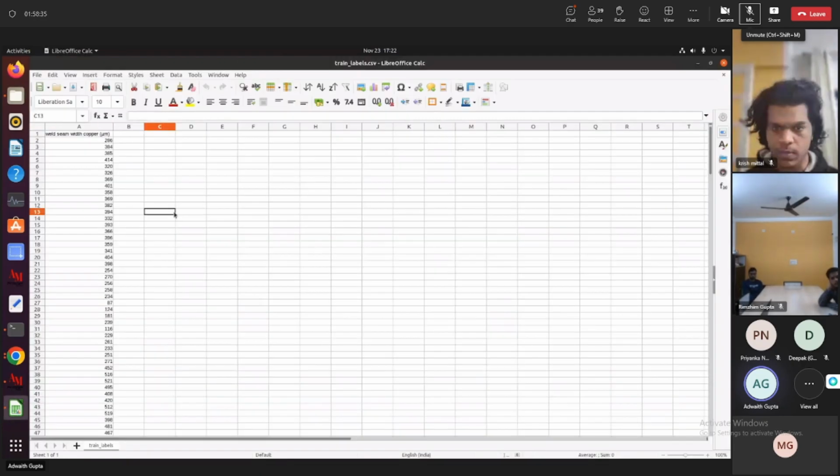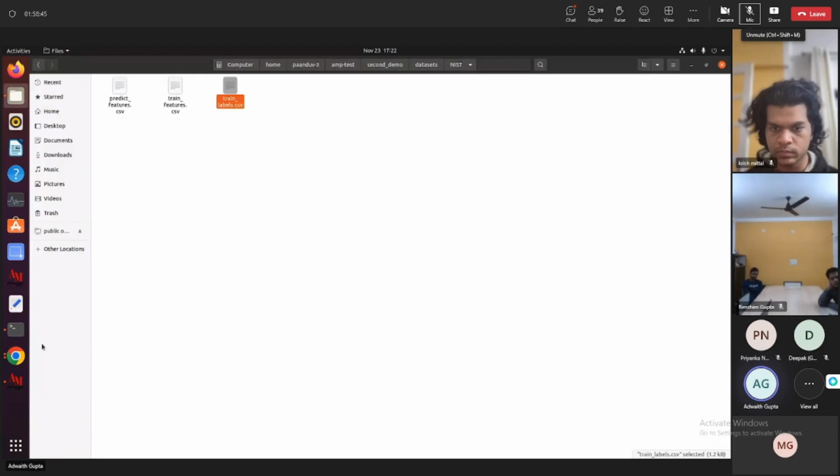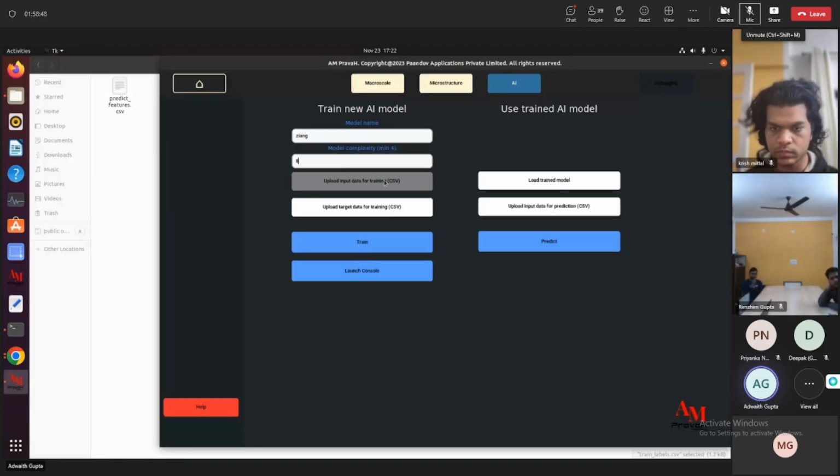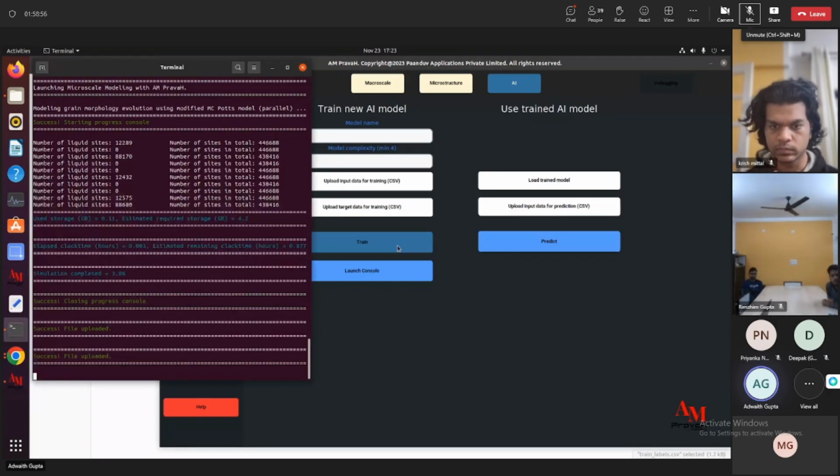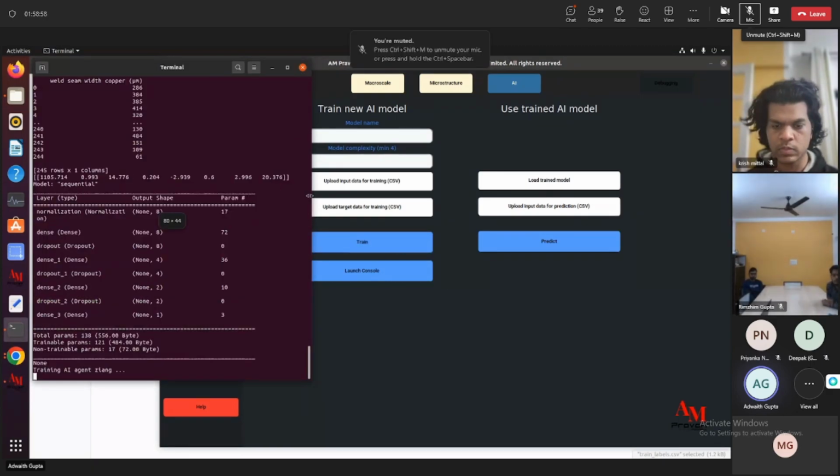So this is a welding data set: how much weld seam width of the copper they were getting in micrometers. You can see based on those 8 parameters, every time the weld width is changing. So what I did, I uploaded the parameters on which weld width will change, and I also uploaded the actual weld width here. Okay, once that is done, I hit train, and then you see on the console